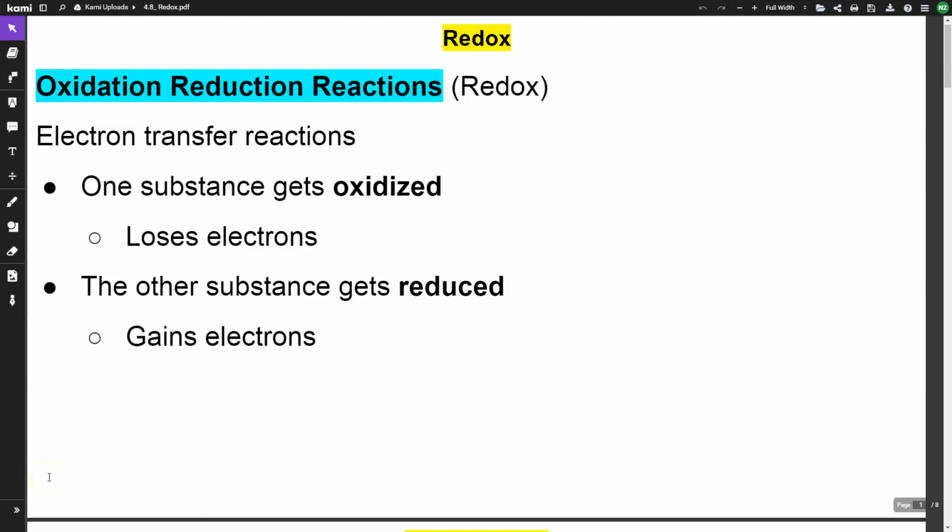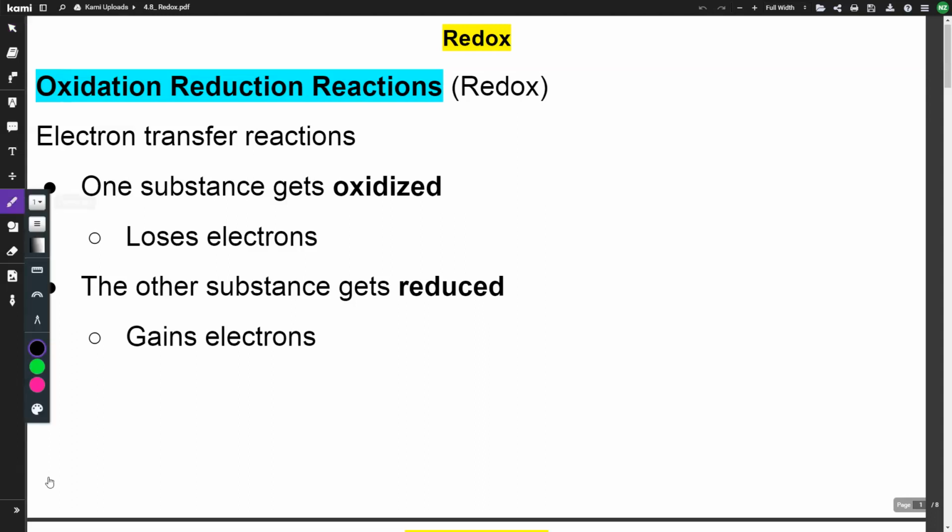In this video, we're going to go through oxidation reduction reactions, aka redox reactions. In a redox reaction, electrons are being transferred. One substance is losing electrons, and that substance is being oxidized. The other substance gains electrons, and that substance is being reduced. Now, I know that sounds a little backwards, like how can I be reducing when I'm gaining something, but that's